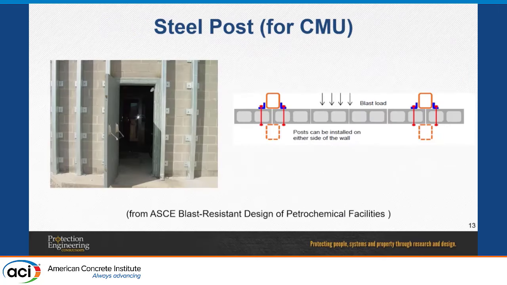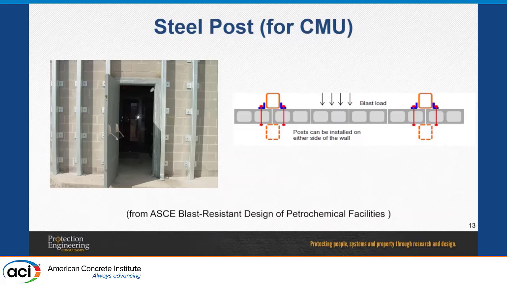This is another example directly taken from that document that I mentioned, the AEC for glass design for petrochemical facilities. So this one is adding a steel post on a CMU wall. Now this one is interesting because as opposed to the other one, this is essentially changing the direction of the element, right? So you have a wall that initially was supposed to span vertically, but now you install these posts, which